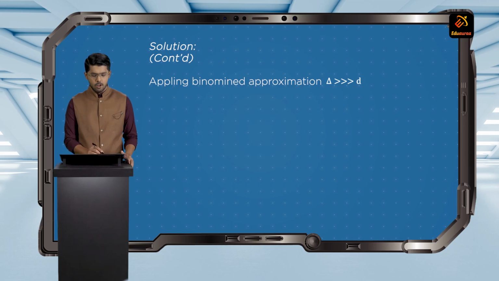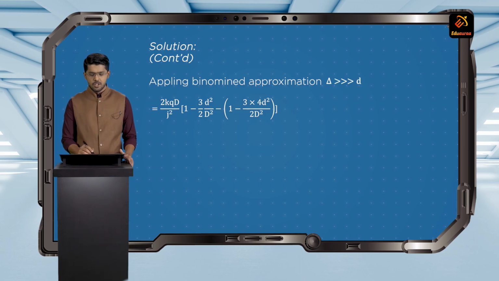Now you can take the denominator common as capital D cube. That gets you 2kq d upon D cube multiplied by 1 plus d square by capital D square whole to the power minus 3 by 2 minus 1 plus 4d square by capital D square whole to the power minus 3 by 2. Now, in this case, you have been given in the question that capital D is very, very large